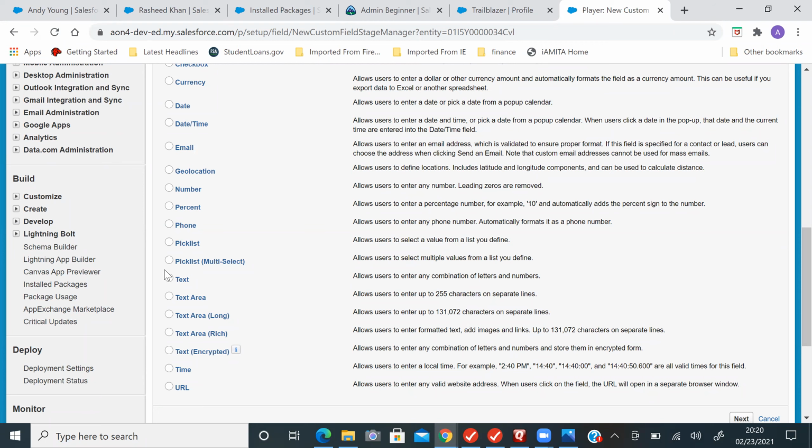We can use Text here. Use text, where you enter a combination of letters and numbers. Come down. Next.